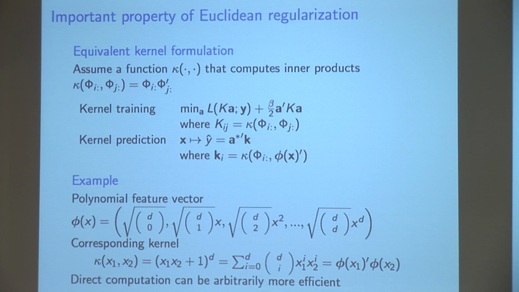And so this is just rewriting the previous thing. I could just rewrite that phi transpose as a big matrix K, where each entry in K I compute by just calling the kappa. And so we can express training as a convex optimization on the adjoint variables with respect to the kernel matrix. And prediction can be expressed as, again, just a linear predictor with respect to the kernel vector, the vector of inner products between the test feature vector and the training feature vectors.